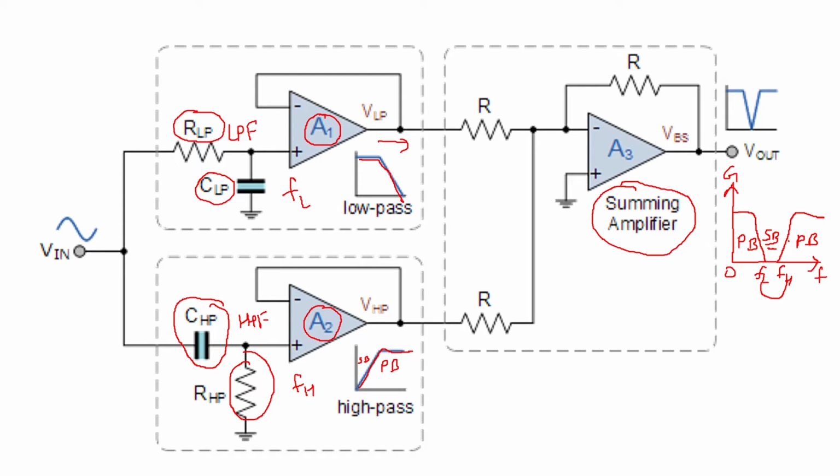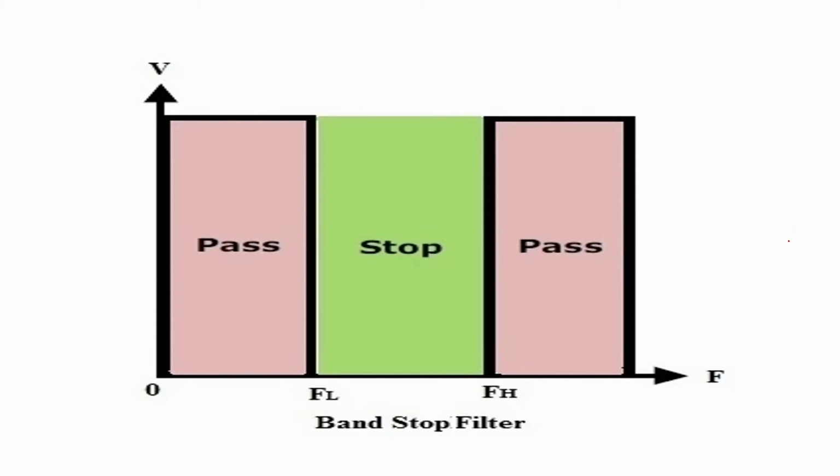So you are going to stop a certain band of frequencies. You are going to reject a certain range of frequencies. That range of frequency can come down to a single frequency also. And when the band is very narrow, you can call the filter a notch filter. Notch filter. If you see the ideal graph of a band stop filter, it is also called